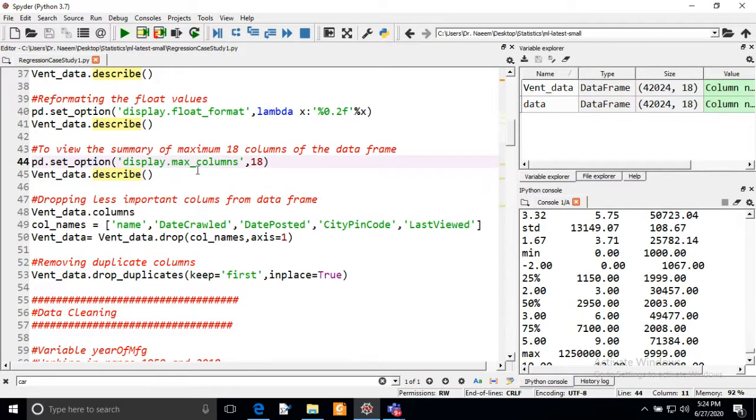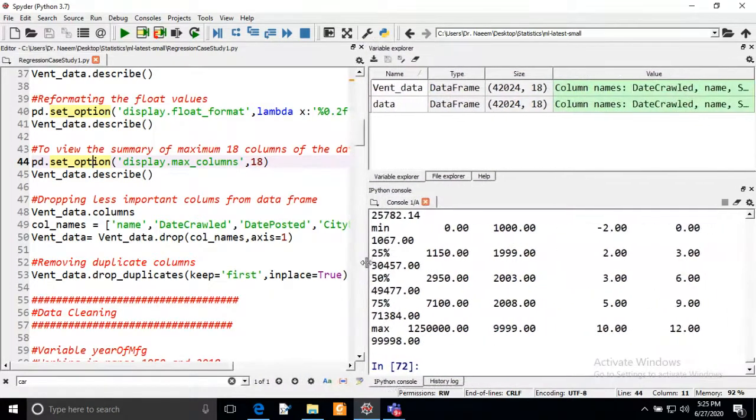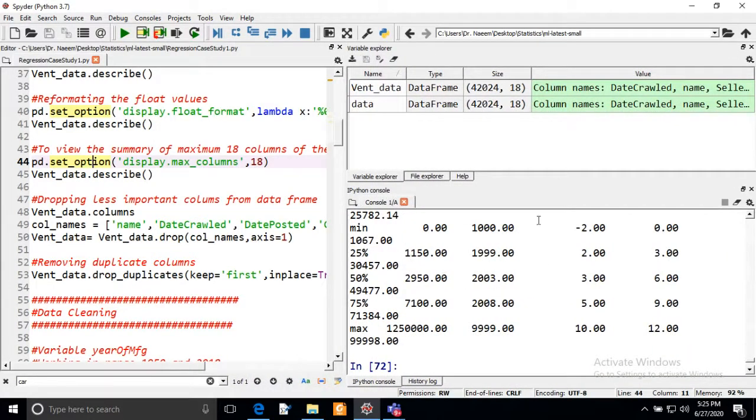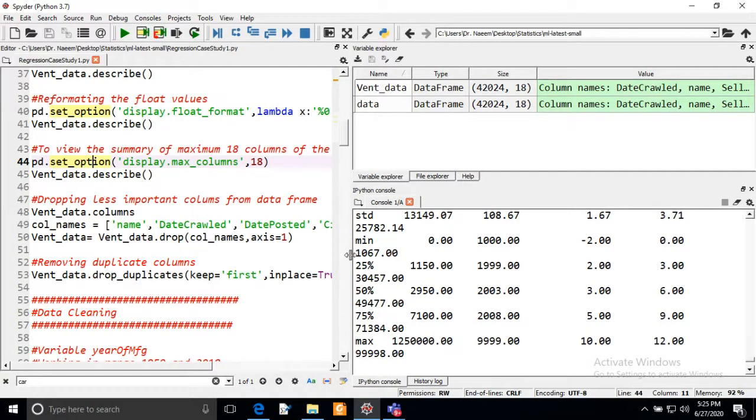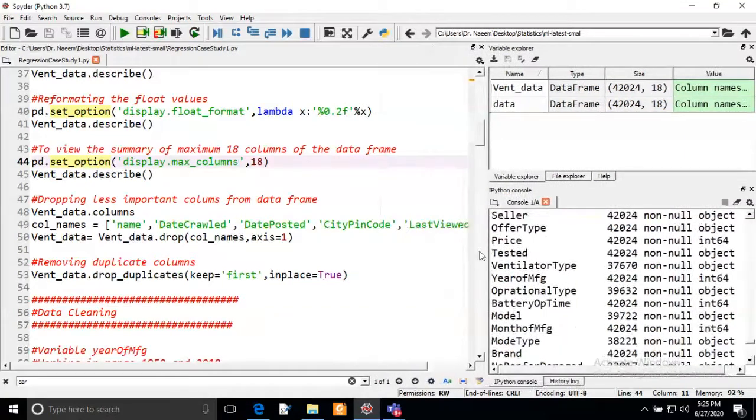Now if the number of columns is too many and you are unable to see all columns in your console, you can also set this command set option display dot max column, and I am keeping here 18 because I have 18 columns in my data frame. So the maximum value you can set here, and it will help you to display all your columns.